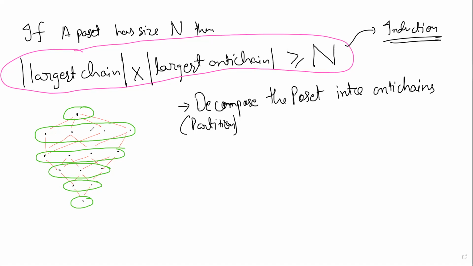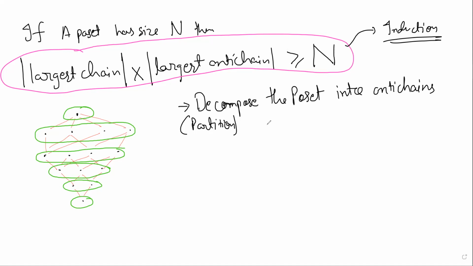If I decompose the poset into antichains, there can be many ways to do it. This I've kind of done. This you can say is the best way to do it in some sense, because there's a simple example in front of me, so I just drew some green bands. It is the best way because I'm using the minimum number of parts. I'm taking the biggest antichains and just chopping them.